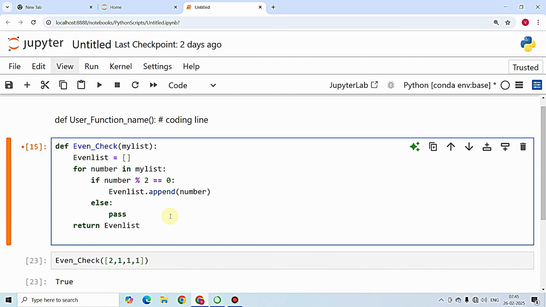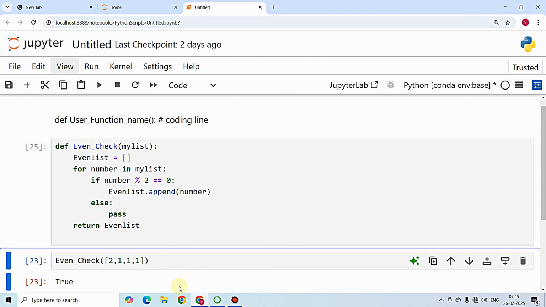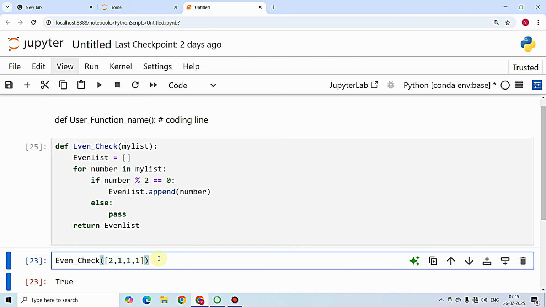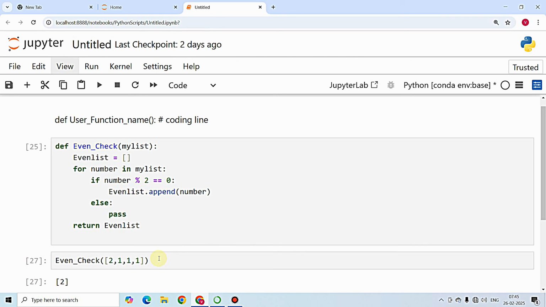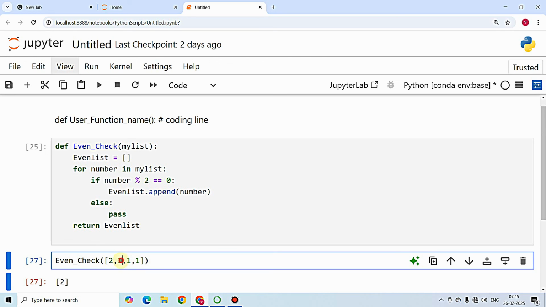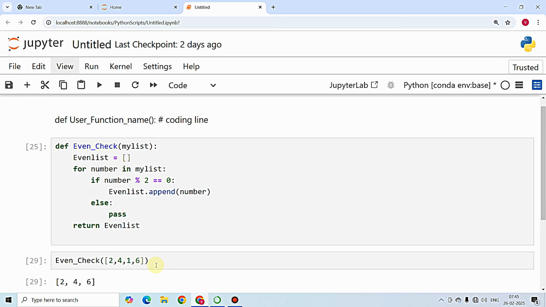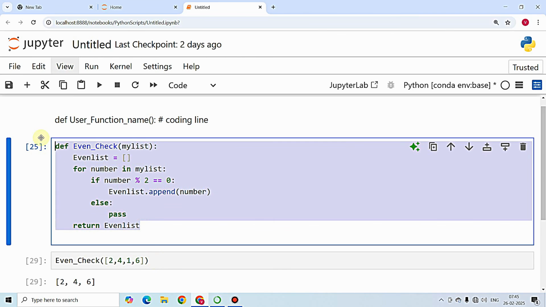I will just execute this function definition, and now when I execute the same function called with 2 comma 1 comma 1 comma 1, I am getting only 2, which is the even number. And when I make 2 comma 4 comma 1 comma 6 as the list passed, I must get only the even numbers as a return type list. So I got a list which is holding only the even numbers in the list passed, 2 comma 4 comma 6. So this is how you can work around with the list using functions in